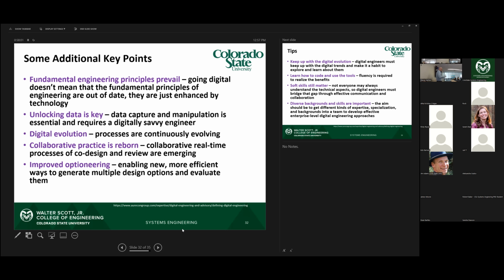It can also be considered a model-centric approach to things, making sure that the model is the main deliverable or main source of communication, rather than a PowerPoint presentation or some other form derived from the data. Having the data available, and the ability for anyone to manipulate it as needed, is a part of this overall digital engineering vision. So, digital evolution.